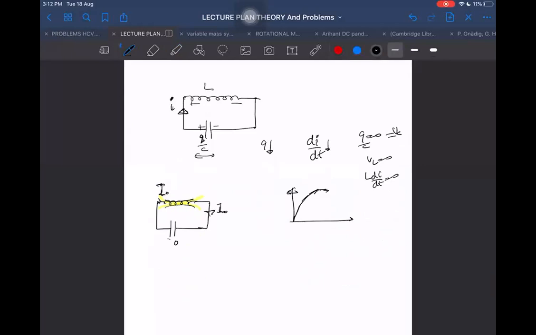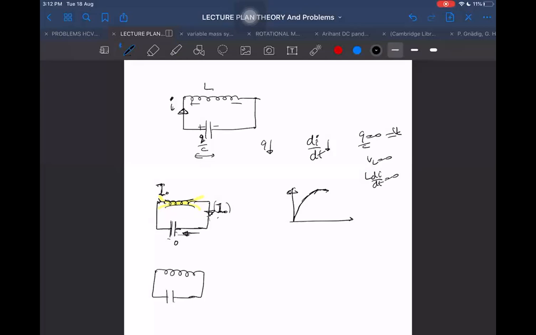What will it do now? It will start charging the capacitor in the opposite direction, because it has the inertia property. This inertia of current is there. The way mass has inertia of motion, the inductor has inertia of current. And that inertia will try to keep maintaining the current as I naught, even though there is no EMF across it. Because of the inertia of the current, it will start charging the capacitor. And when it starts charging the capacitor, what happens to that inertia?